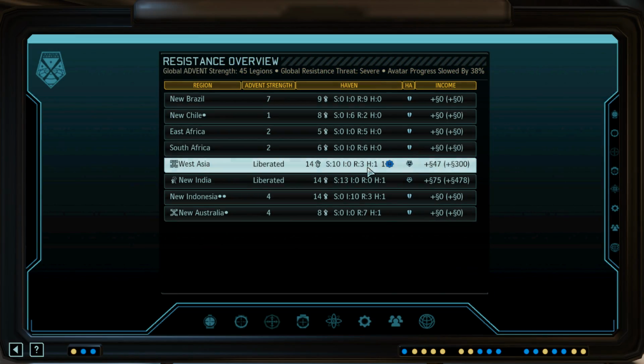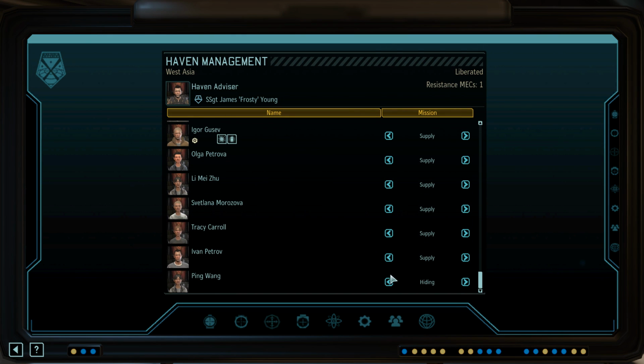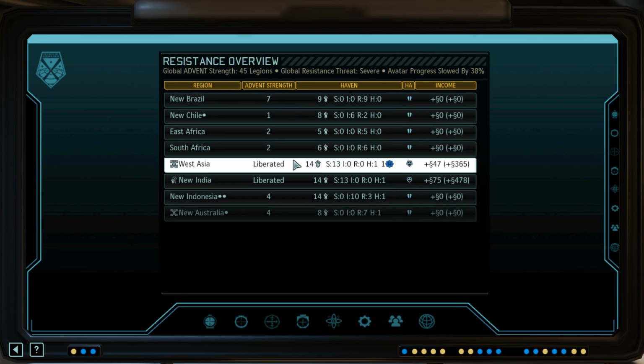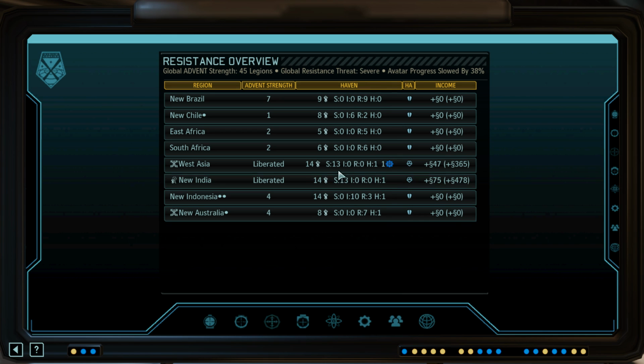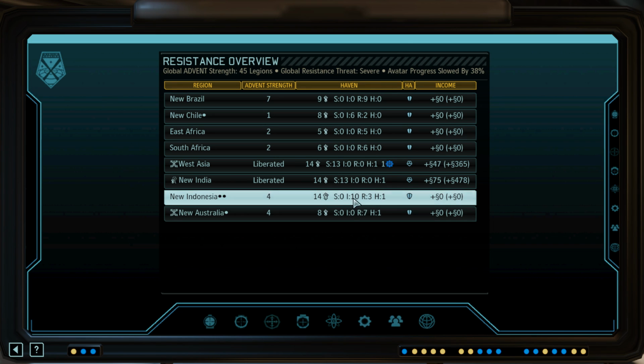West Asia. So did I get a scientist or a soldier or something, I guess? I think we're going to stop putting people on recruit here for now. Now, also, in case you're wondering, if you don't like the maximum workers in an area to be 13, the maximum usable soldiers, you can actually change that in the INI. It's really easy. There's a line for max Haven rebels per Haven. You can definitely change that. So New Indonesia, I mean, I'm expecting some of these to be spies, really, but...